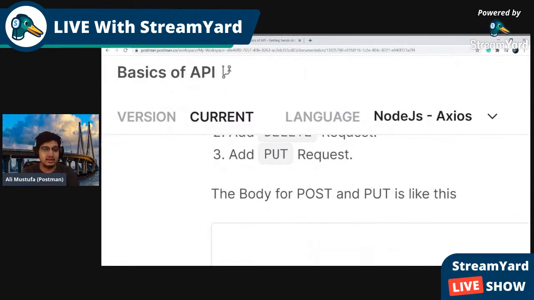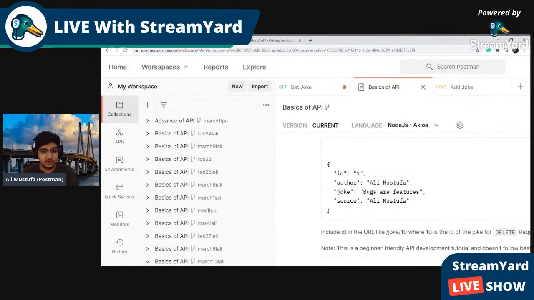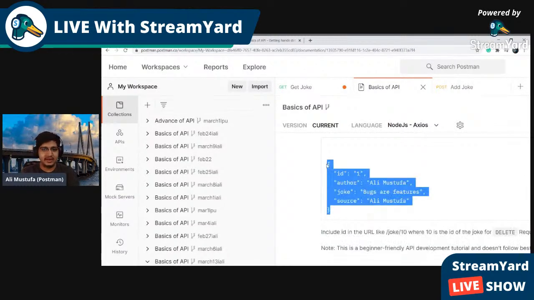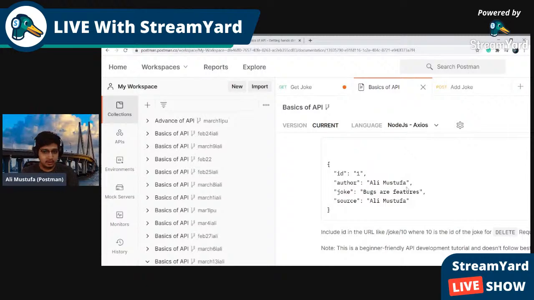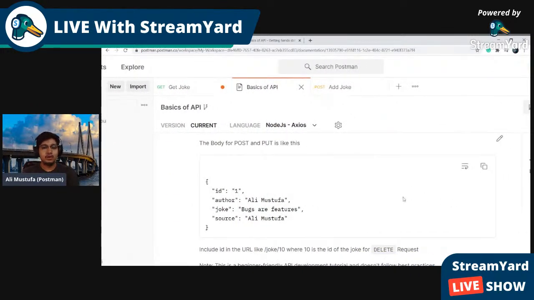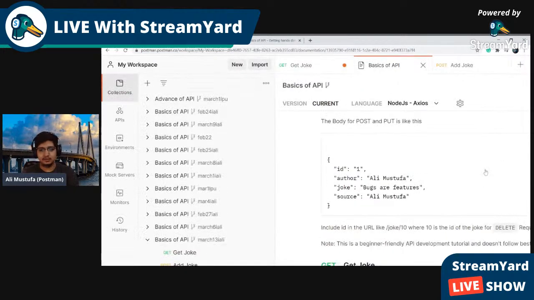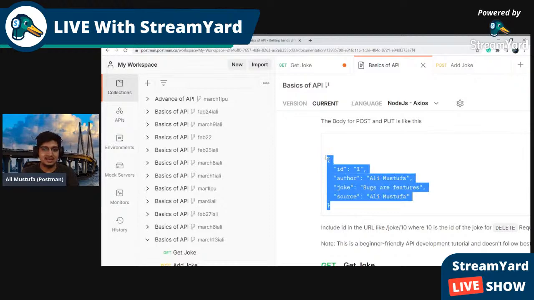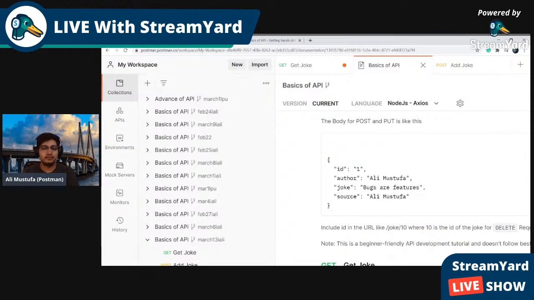Here you can see the body for post and put request is like this, and they have provided a structure. Fortunately, it is the same as the get request, but it is not compulsory that it will be the same everywhere. Now click on this button and copy this, or just select this and Control C.